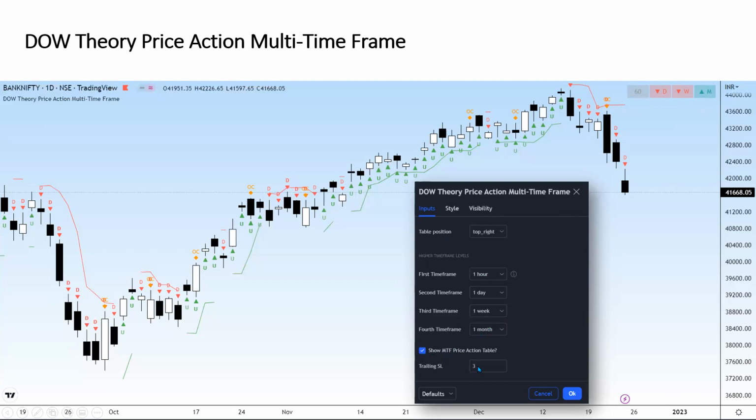Trailing SL, what is this SL? It is this line, the green line and the red line. This is your trailing line. As price moves, it will keep on trailing. Say, for example, we initiated a buy position here. It goes up, and this is down because it has broken the previous day low as per the concepts by sir. Like this up, and then down, up, you trail the full trend by this.